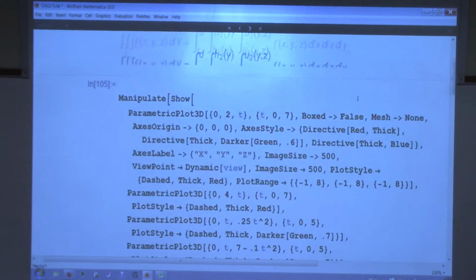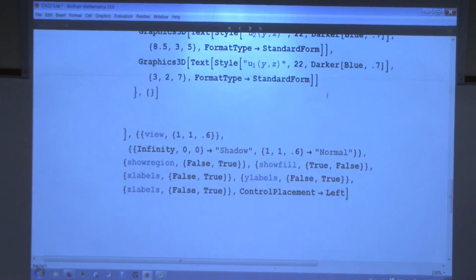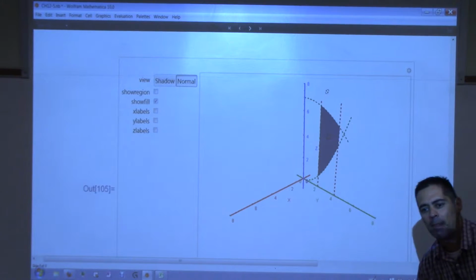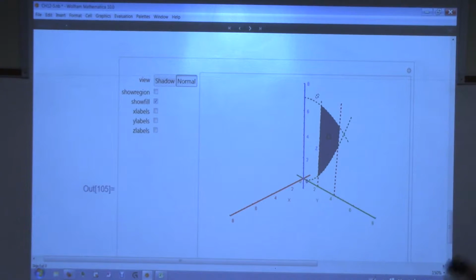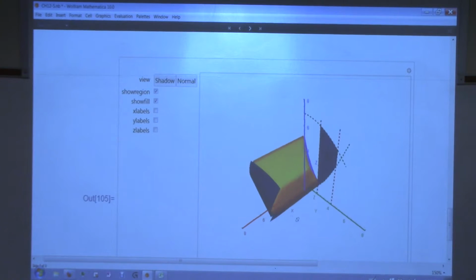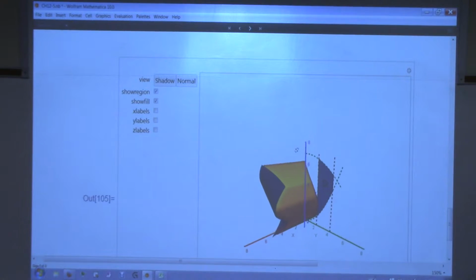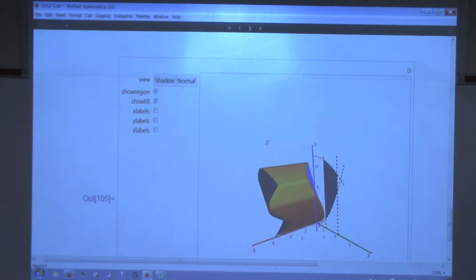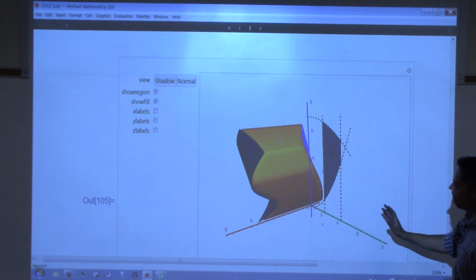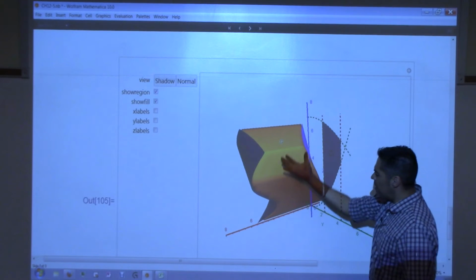What if you have this situation? Actually, let me put the solid in here so you can see what I'm talking about. Look at this solid right here. Why can't I do that the way that I have been doing things? Like look, its shadow